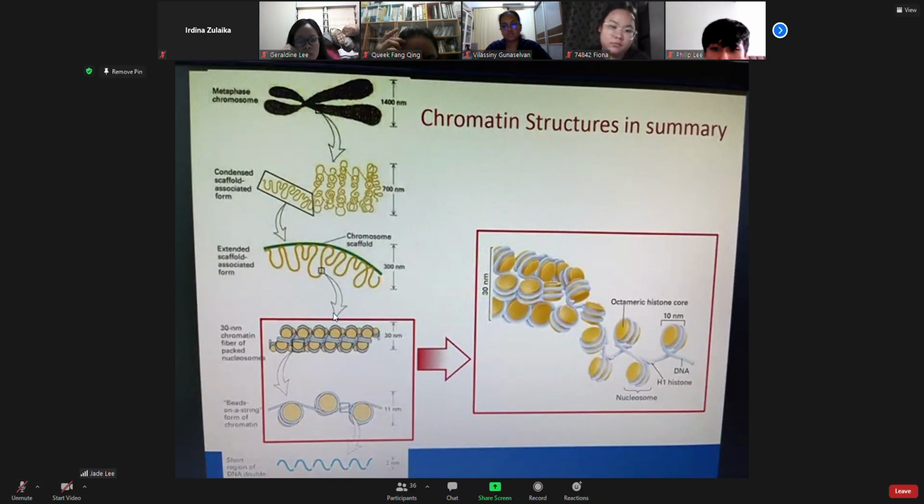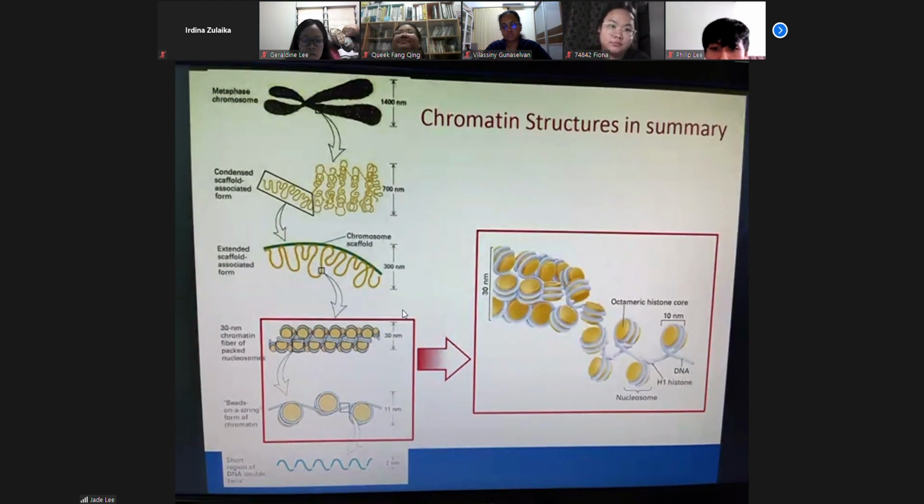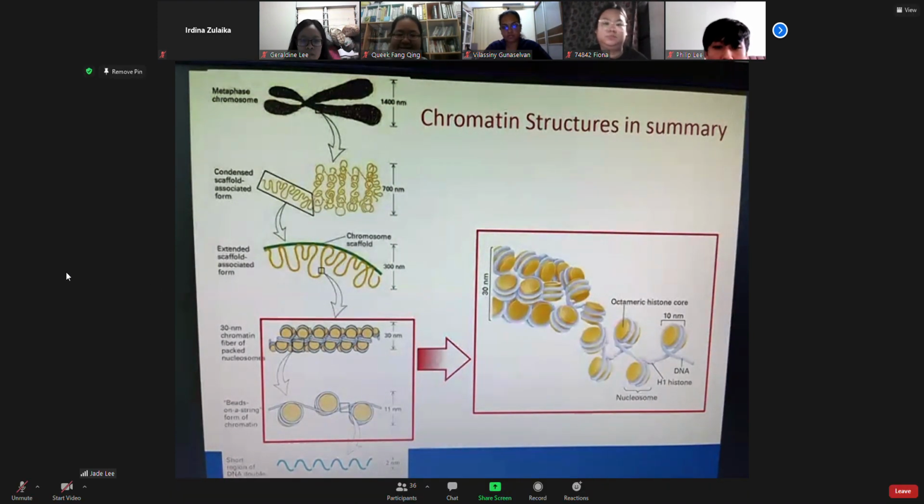Just imagine now. In our body sekarang, right? Thousands and thousands of the similar processes are concurrently happening. But you don't feel it. Kalau chromosome ni dia gegel, I'm not going to let you open it up. I don't want to loosen it. So bagaimana protein synthesis boleh berlaku kan? Right? So the protein will not be produced. When the proteins are not being produced, macam mana? So we get sick lah.